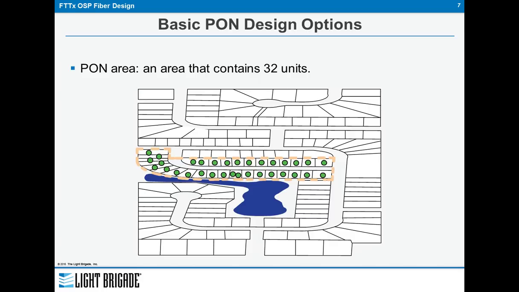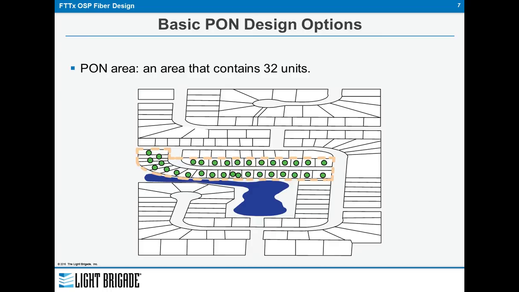In the design process, we suggest that in the beginning, an area be divided into PON units. Typically, the standard calls out a 32 split. If you follow that standard, then you would divide your area into 32 groups of users, whether those are homes or apartment dwellings. And this is important not only in the beginning stages to be able to locate the appropriate places to place your components, but